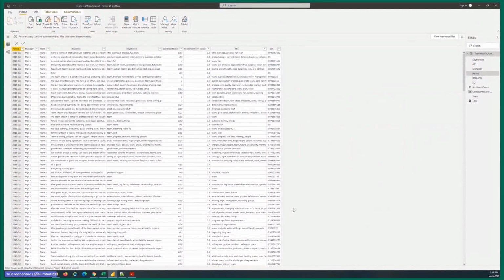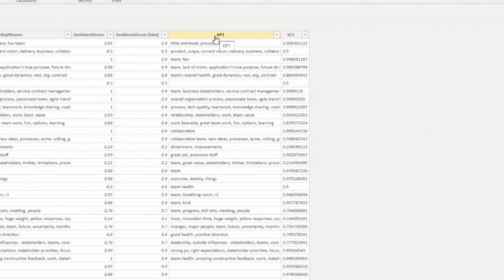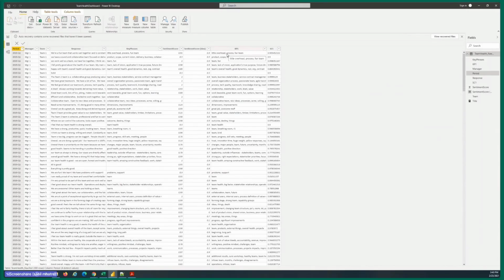All right. So let's move into the next section of the demo. And thank you again for bearing with me while the demo gods had decided to frown on this session. But it looks like we were able to get to some compromise where I have duplicated the columns in a previously created demo. So you have your KP1 column where all of the key phrases have been extracted. And then we have our SC1 column where the sentiment scores have been extracted.